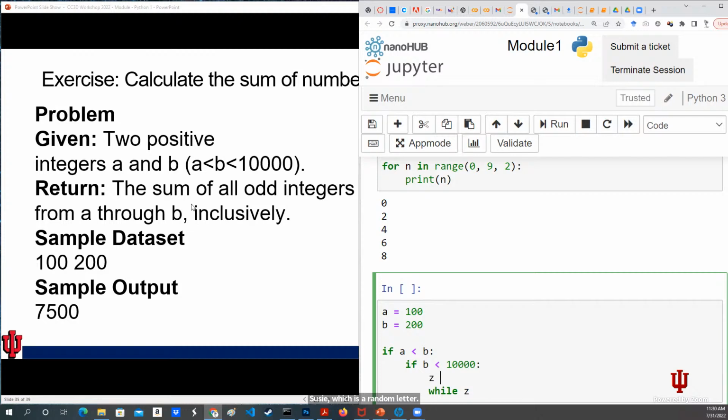So we're going to set Z equal to A while Z is less than B. No, it's inclusive. So while Z is equal to or less than B,